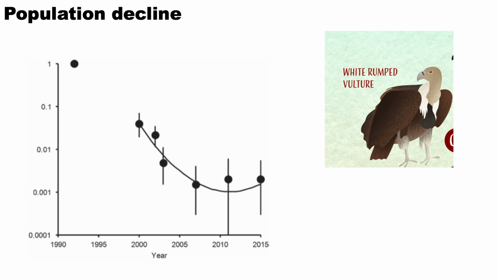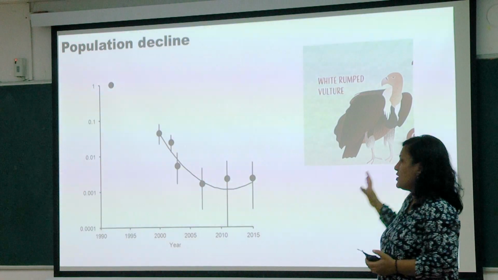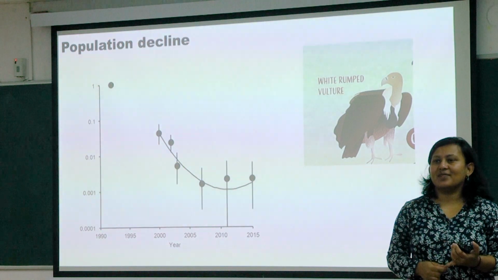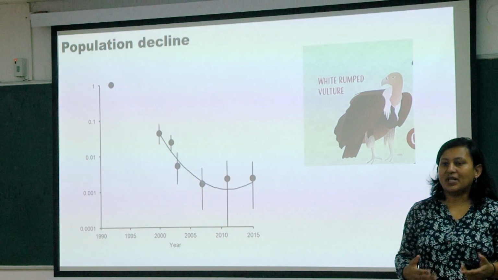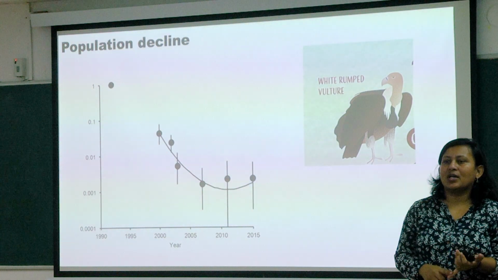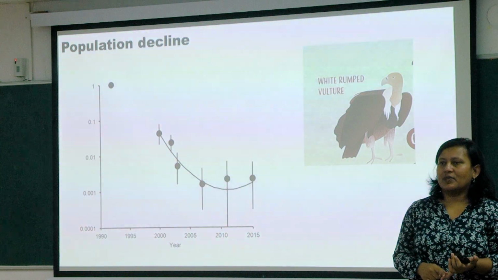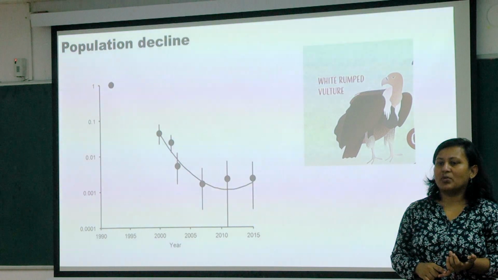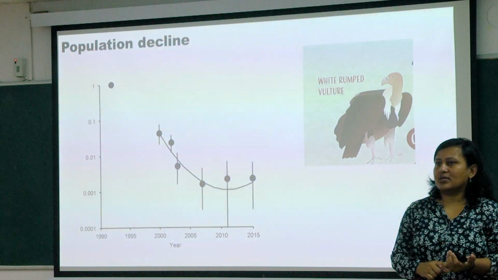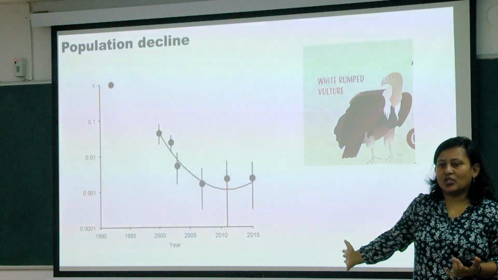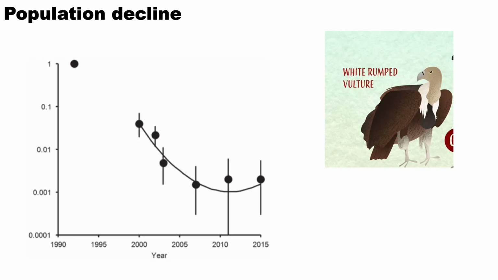And what they do is they count the number of vultures that they see as they're driving in a vehicle. But even for that species for which we have so much data, we don't have any robust population estimates. We don't have any idea about what their actual densities are. We don't know about survival rates. We don't know about recruitment rates or any of the population parameters that I talked about. Here, in this case, what they use is a very crude index. So that's the best we have for any species in our country over a long period of time. Okay, so this is one area that needs a lot of work.